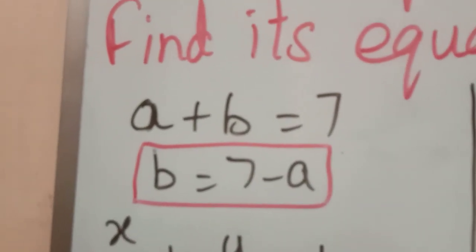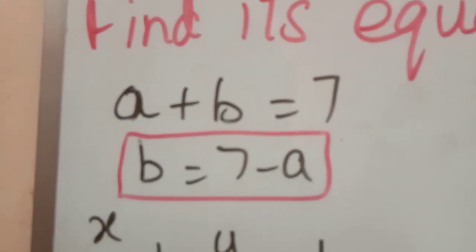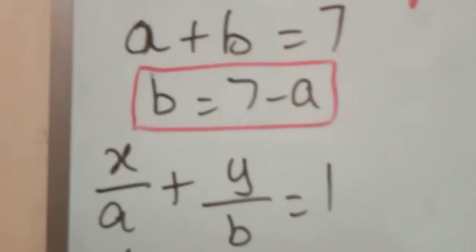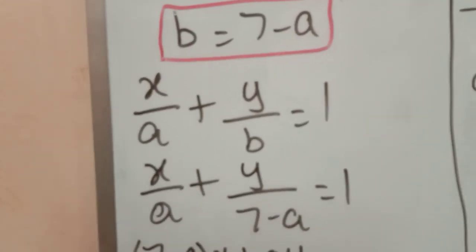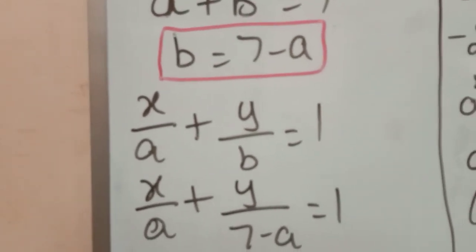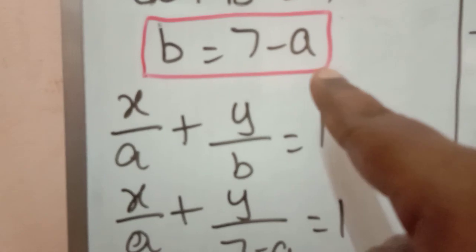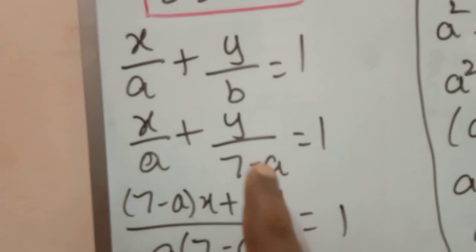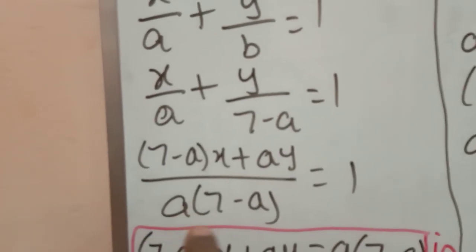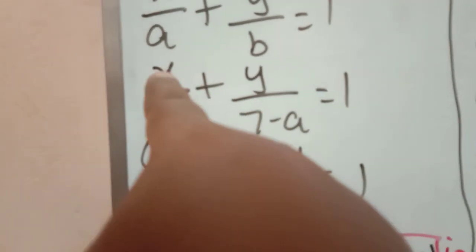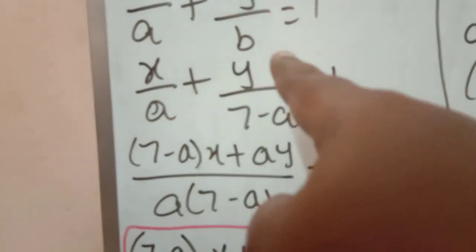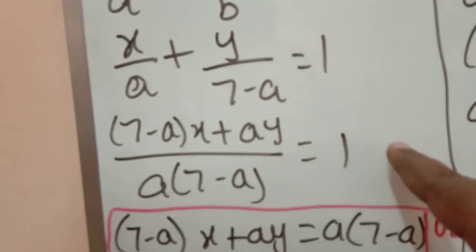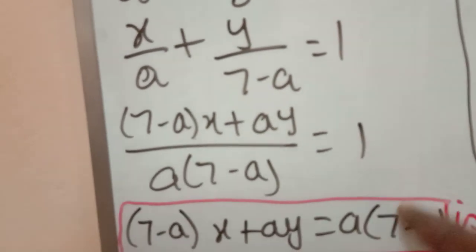From that, I find b is equal to 7 minus a. I find the value of b in terms of a. Otherwise, if you want, you can find the value of a in terms of b. Now, the standard form of the equation is x by a plus y by b is equal to 1. So write a as such, and instead of b, substitute this value of b, 7 minus a. Now, we have to take the LCM of these two denominators. Both are different terms, so the LCM is a into 7 minus a. Multiply by 7 minus a here: 7 minus a into x plus a y is equal to 1. Now cross multiply, all these terms, a into 7 minus a, bring it to the right hand side, 1 into the same term we will get.